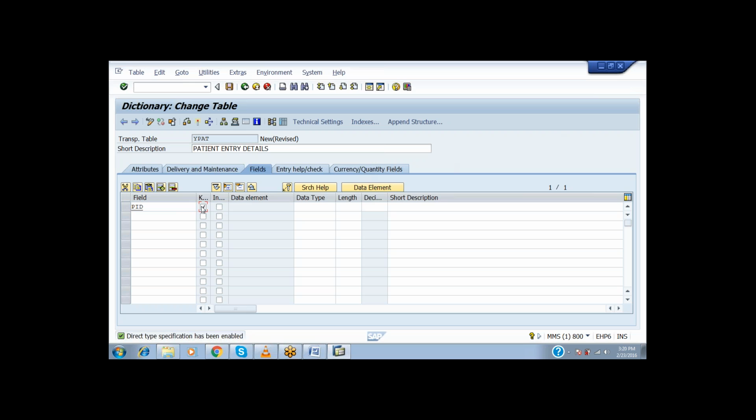Whatever field you have maintained as a primary key, that key should have initial values. Initial values means it should take the total values whatever we have to enter, that should be mandatory. That means the screen should not be saved without data being entered in this field, and to maintain it as mandatory we use these initial values. And after completion of these initial values,